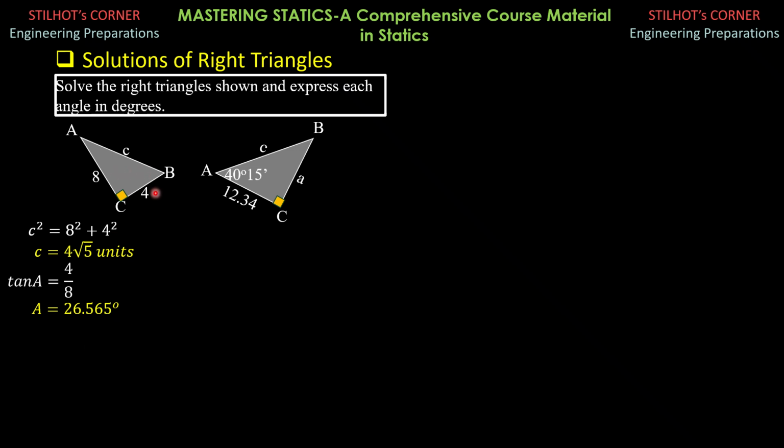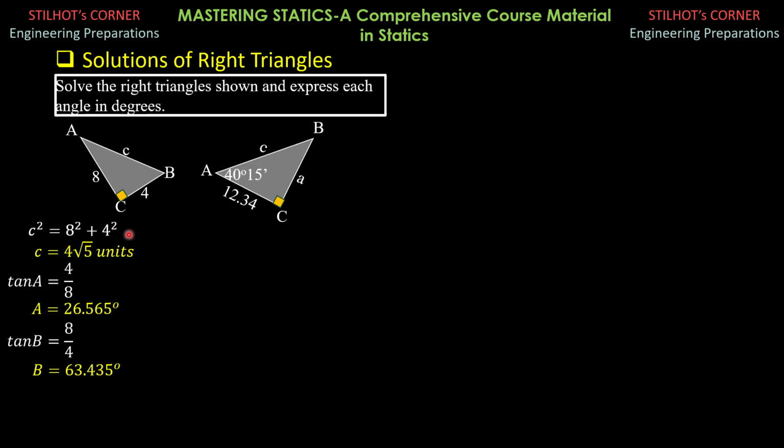Then for angle B, I use tangent of B. Opposite to angle B is 8, adjacent is 4, and 8 and 4 are given. So tangent of angle B is 8 over 4, and B is 63.435 degrees. If you want to check, then